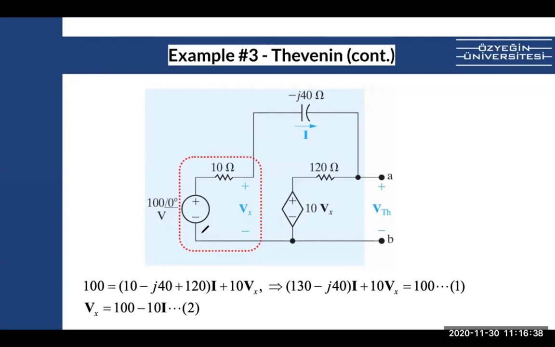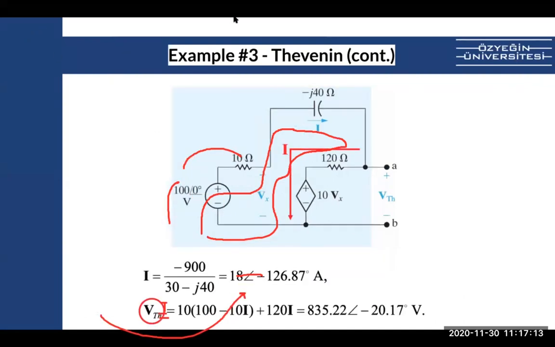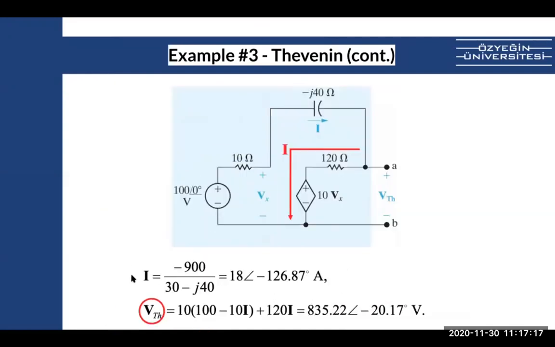So then after doing that, you write a KVL over this loop. And there is this Vx in the KVL. You can write Vx as 100 volts at phase 0 minus 10I. But don't forget, these are phasors, okay? Then putting this Vx into this equation, you solve the circuit for V and I. As you can see, you found the I, then you can find the V, and it's asking you what the V Thevenin is. So simply knowing the I and the V, you can find the Thevenin